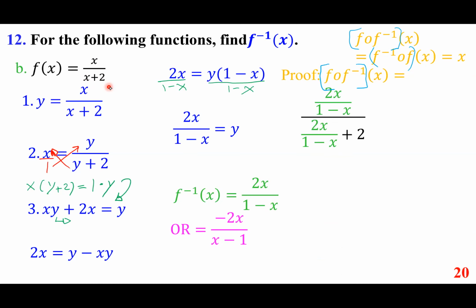Now you are dealing with a complex fraction. How do you simplify a complex fraction? You multiply by the LCD. The top and the bottom both have the same denominator, 1 minus x. So if I multiply the top and the bottom by 1 minus x, I can get rid of both fractions. So if you look at the top one, this cancels out this one, you get 2x. If you look at the bottom one, when you multiply these two, this cancels out this one, you get 2x,